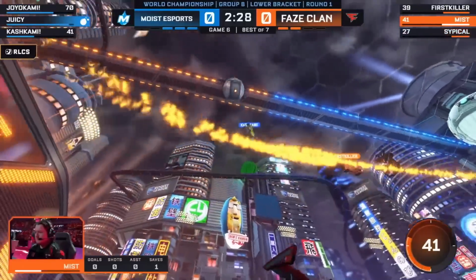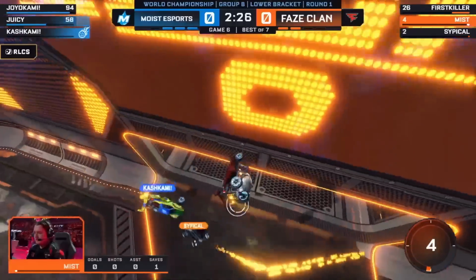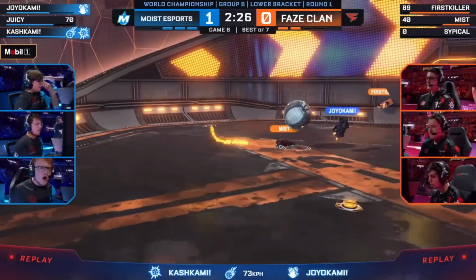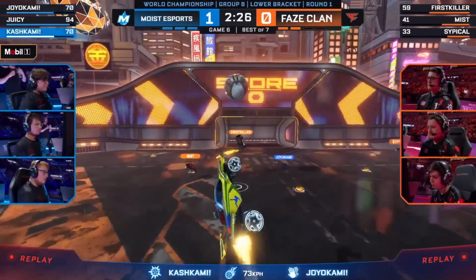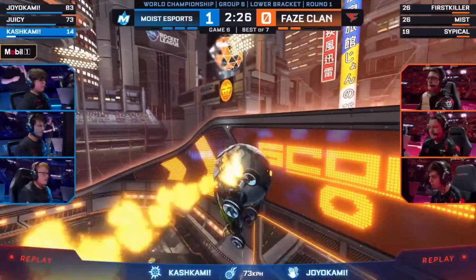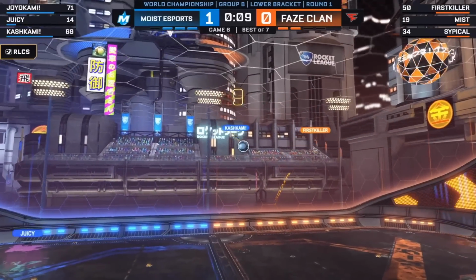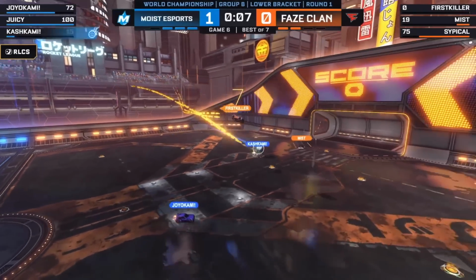Stays behind it. First killer so fast. Cash even faster. Tries to get the dunk. But he's just faked everyone. Mist has done the unbelievable. Be able to get back. Cash as well gets the touch. This is it. Cash off the sidewall, gets